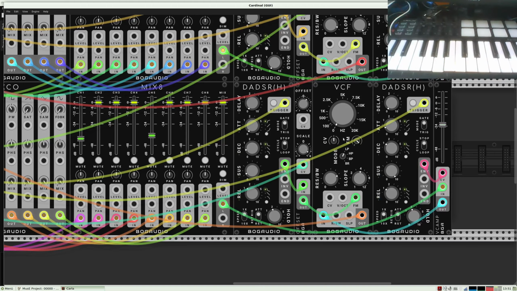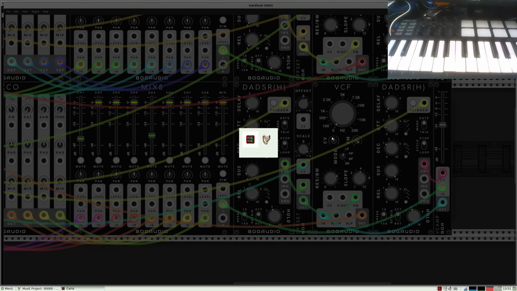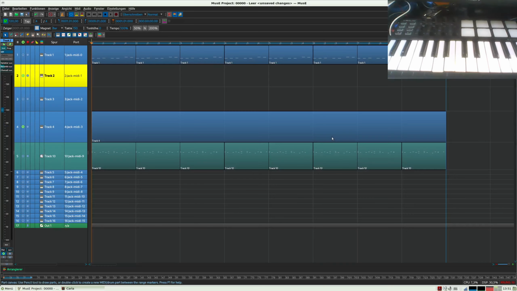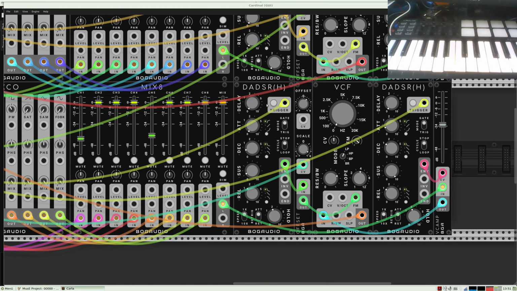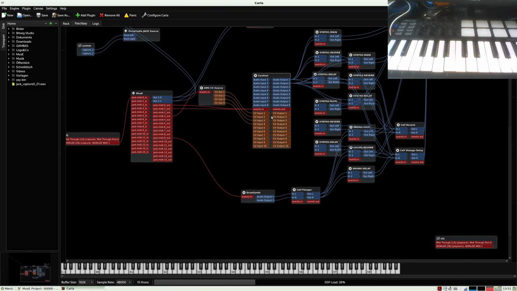Okay, have a try. It can be done better, but you can do it better, I'll say. Okay, it's too loud, so change the settings here of this second synthesizer.